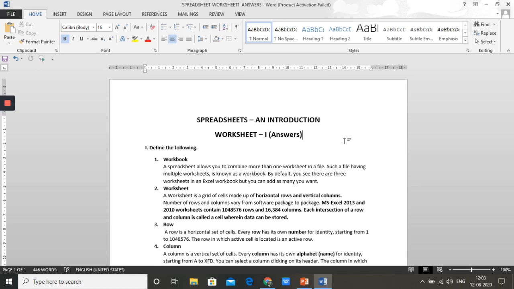Next, definition of a worksheet. A worksheet is a grid of cells made up of horizontal rows and vertical columns. Number of rows and columns vary from software package to package.